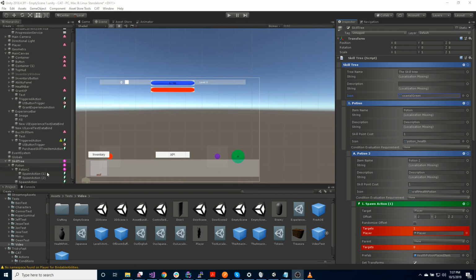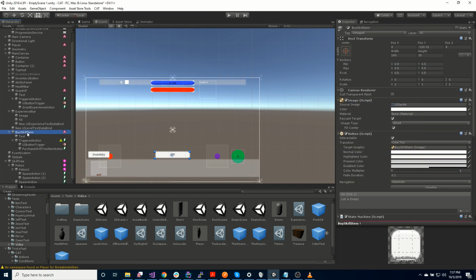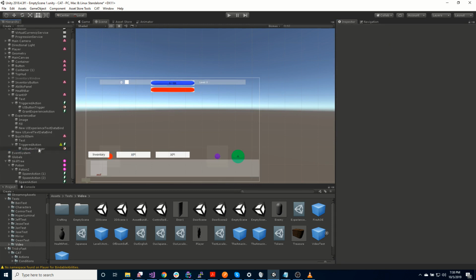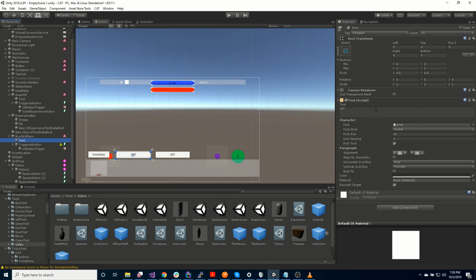So, however, did we make a skill? We did make our skill by skill tree action or button here. We didn't move it though, so it's right in the middle here. Actually, let's not do it this way. So we'll open a window here. Let's call this buy tree item. And so we will create a